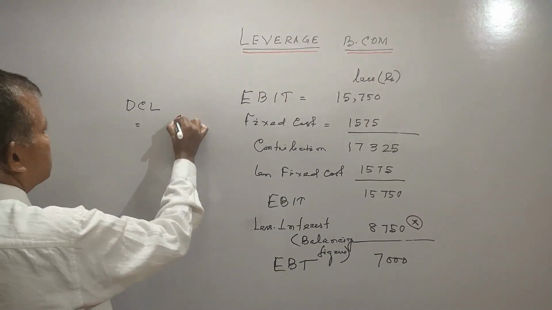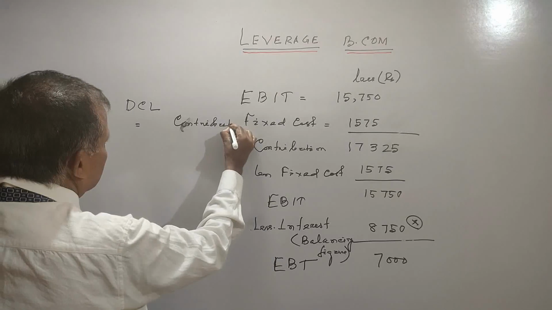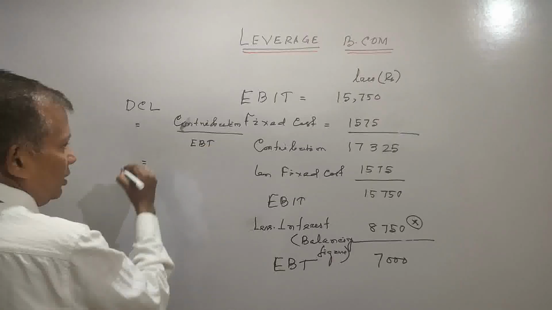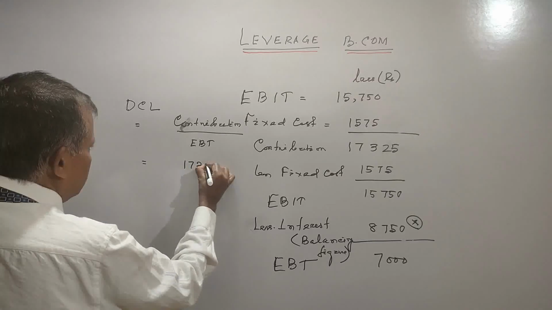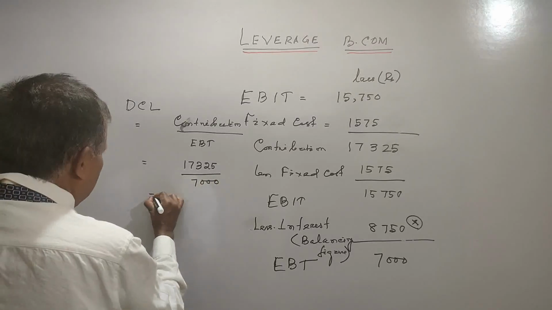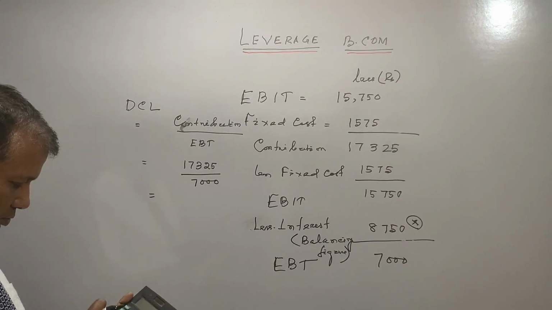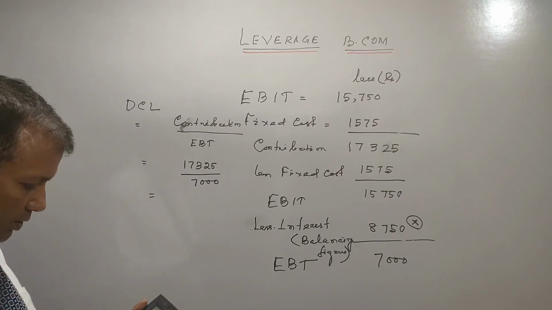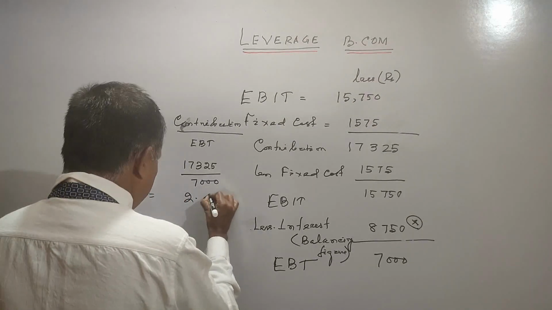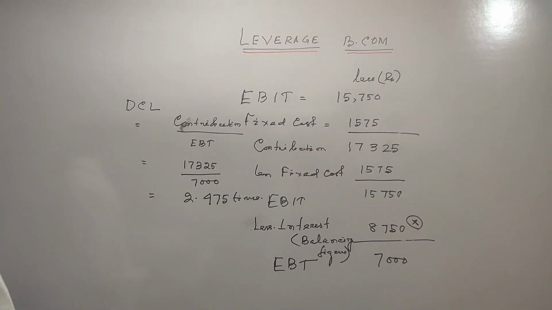EBT. So this is contribution by EBT. The contribution is equal to 17,325 divided by EBT. This is your 7,000. This is again equal to 17,325 divided by 7,000. This is equal to 2.475 times. So we have got DCL